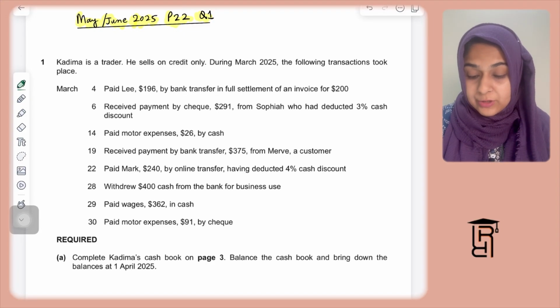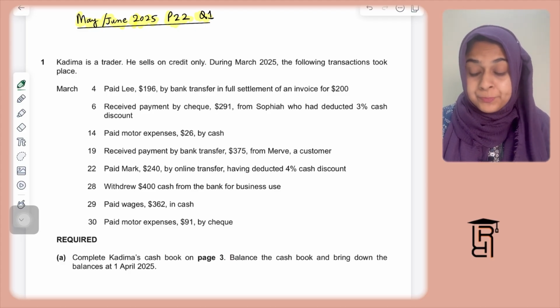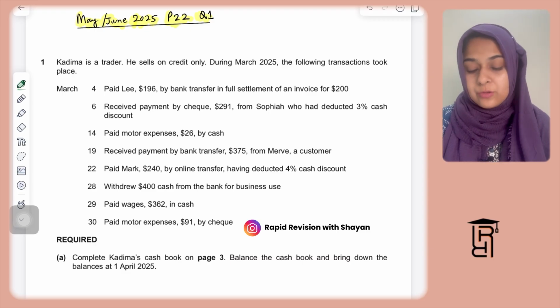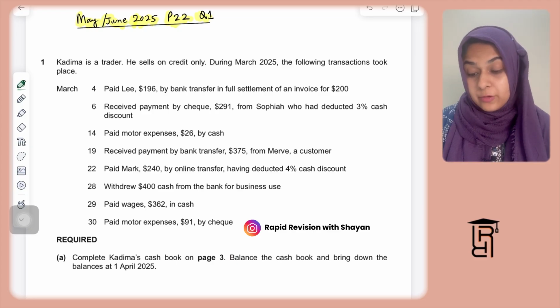This is a cash books question. Question number 1 of May June 2025 paper 2. And this is the easiest. I mean, this is going to be so easy. Most of the students, if they prepare well, can get a very good score in the cash